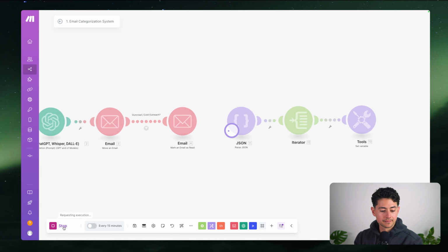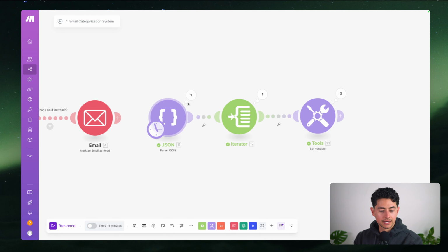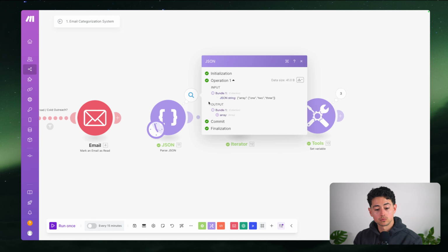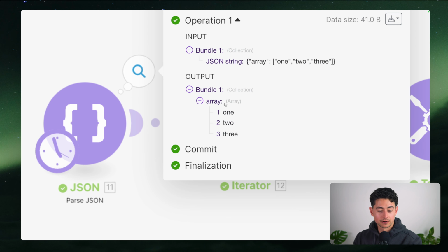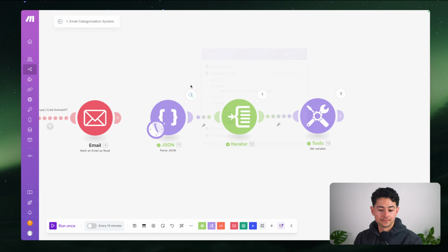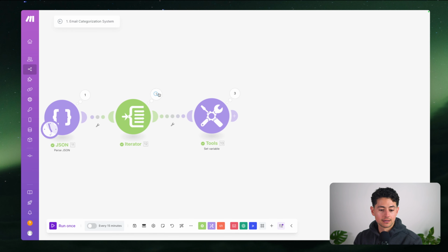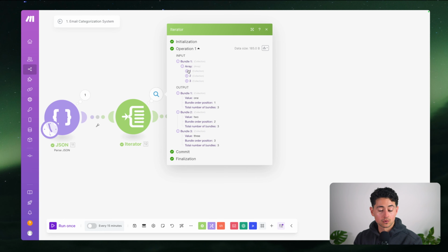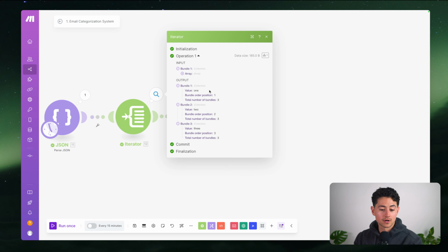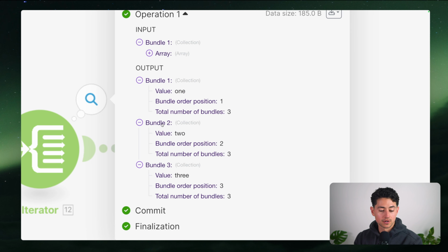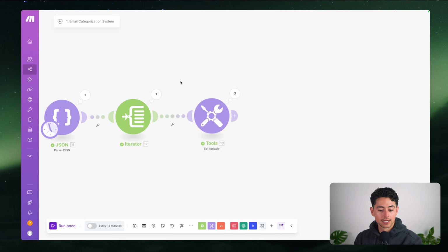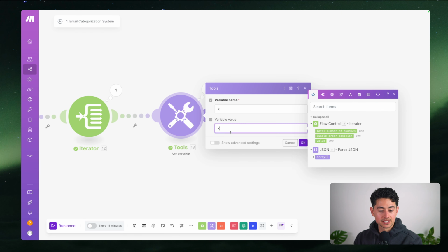if I were to run this, what would happen is my first module would run once because I just outputted an array. I just converted this into make.com's format. So an array was produced with 3 elements. I then iterated over this array, which basically just means to turn an array of elements into 3 separate runs. So this is run number 1, bundle 1, run number 2, bundle 2, run number 3, bundle 3. Then it ran this set variable module 3 times. If I make the value of this the value,